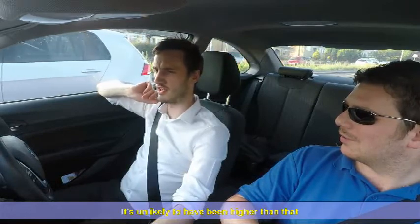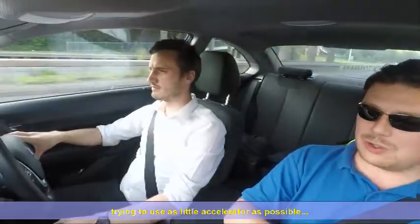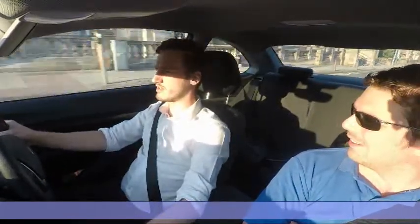Now at this point of the last run, I'm not sure exactly what we were, but we're now sitting at 57.4. It's unlikely to have been higher than that, I would say. But we're halfway, aren't we? Was it 6 miles we did last time? 6 miles, yeah. So we're halfway. Just cruising along here, just trying to use as little accelerator as possible. You're not going to go any slower. You just try to use as little as possible. Which is saving nearly 20%. Yeah, very impressive